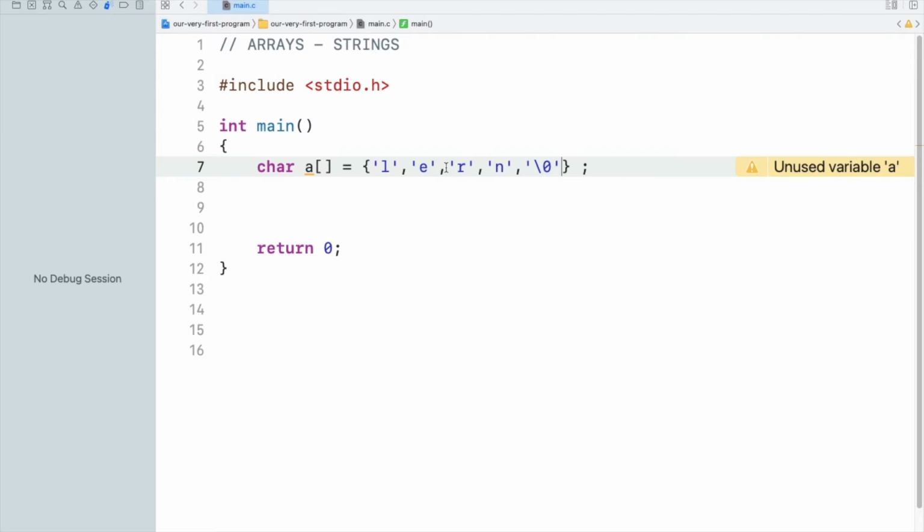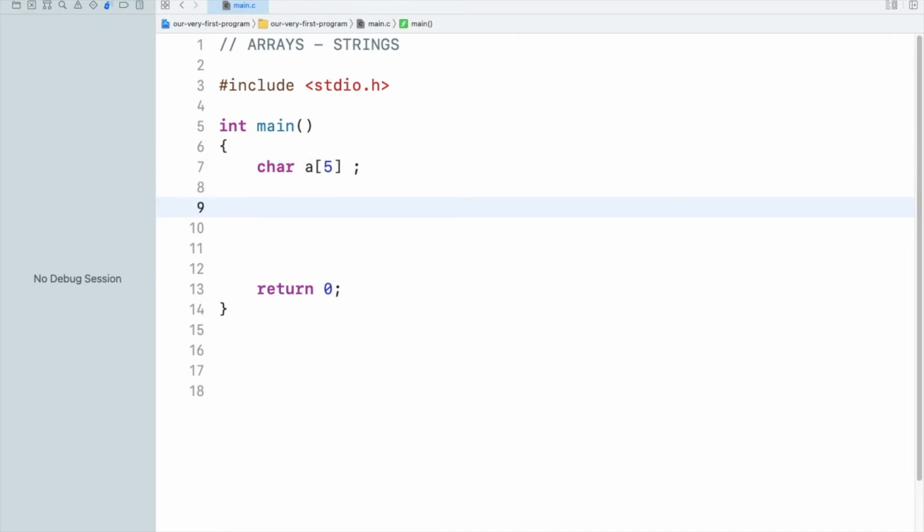Oh, I misspelled learn, I must have missed an A in here, but that is not a point to be worried about. First of all, we need to declare an array, and since the programmer is not initializing it within the declaration part, we need to specify the maximum size or length of the string that can be given to this array of characters. Let it be 5 for now. I told you earlier the format specifier for a string is %s, so I'm going to enter a string.